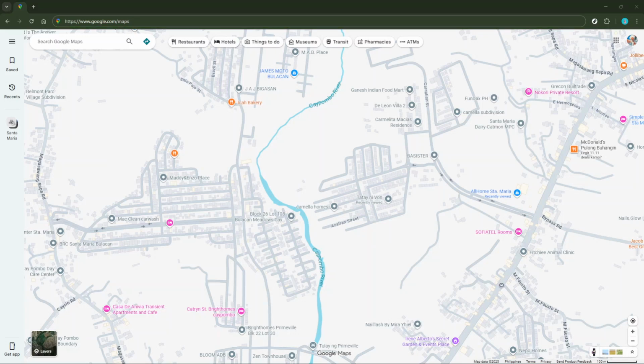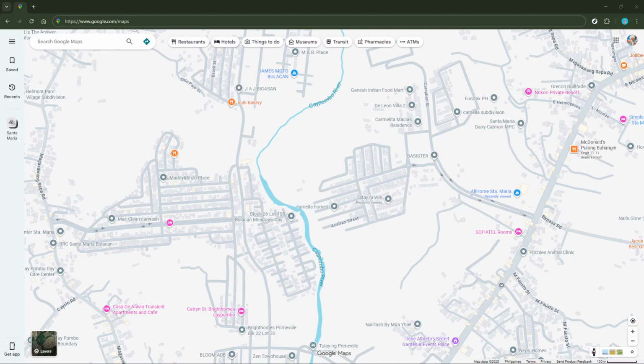In today's video, I'm going to teach you how to edit a location name on Google Maps using your PC. Whether you've spotted an incorrect name or just want to make enhancements, editing location names can be an invaluable tool in keeping Google Maps up to date and accurate. The process is straightforward, and once you learn it, it'll help ensure that everyone has access to precise location details.